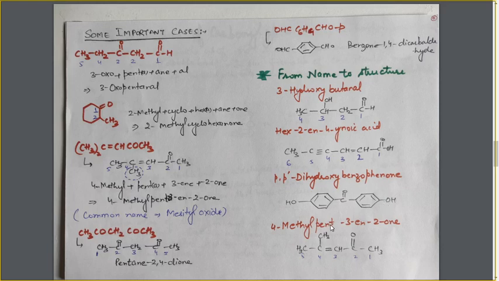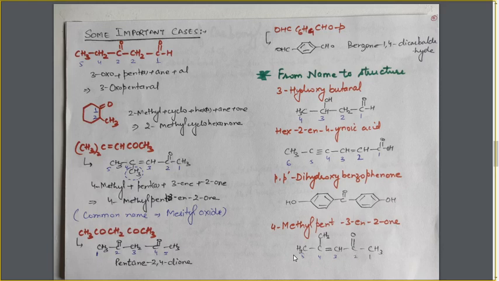Next, 4-methylpent-3-en-2-one. Again in this case, first look at the root word: pent, 5 carbon atoms. Just write these 5 carbon atoms in a straight chain and number them as 1, 2, 3, 4, 5. Then place the 4-methyl substituent at the 4 position, en at the 3 position means a double bond, and at the 2 position is the ketonic group for the ketone, and cover the valencies with hydrogen.